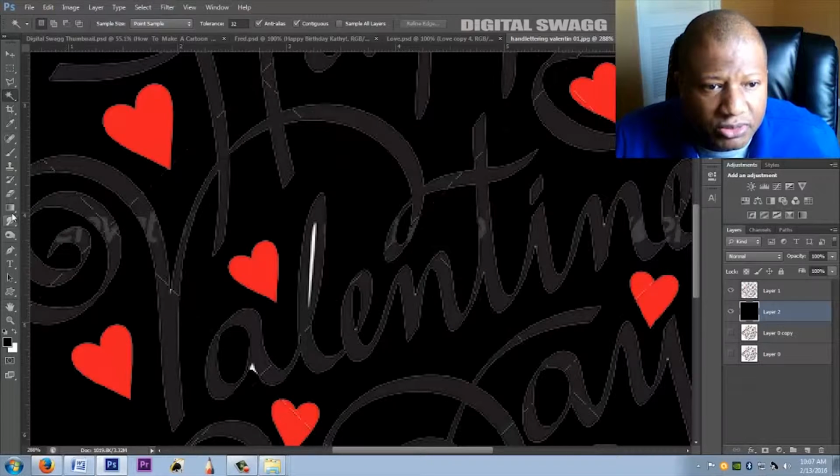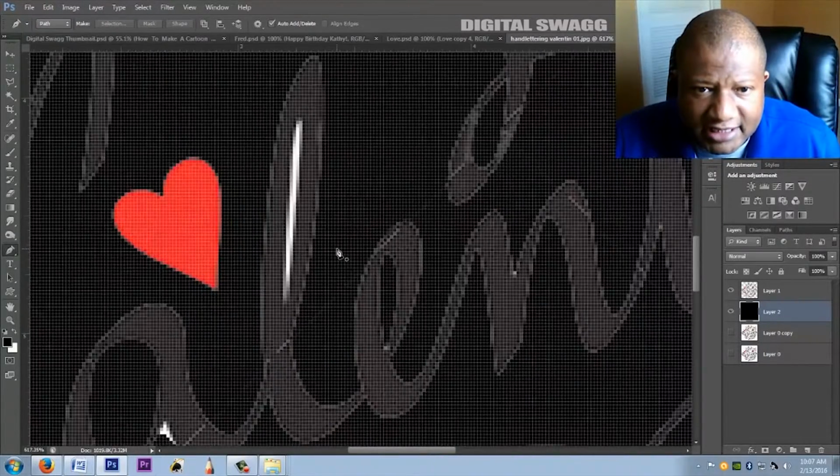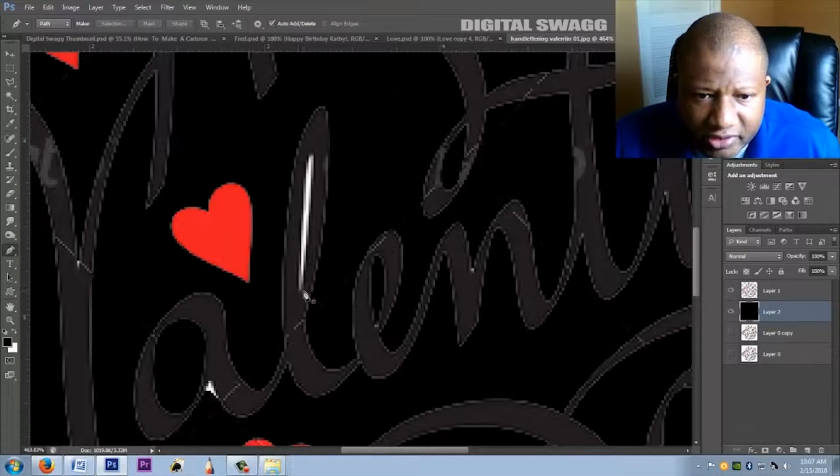So let's select the pen tool over here, or you can press P on your keyboard. Let's get it nice and tight. You don't want to get too close because it'll get pixelated. Right about there is good. So I'm going to click here, go up here to the top, kind of angle it out just a little bit. There's good. Holding Alt and bringing that tail in on top of the point there,